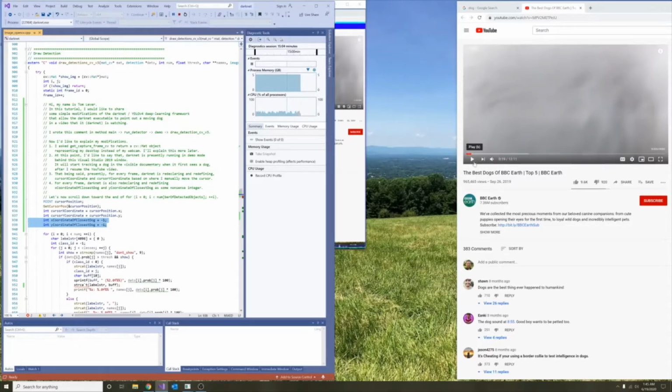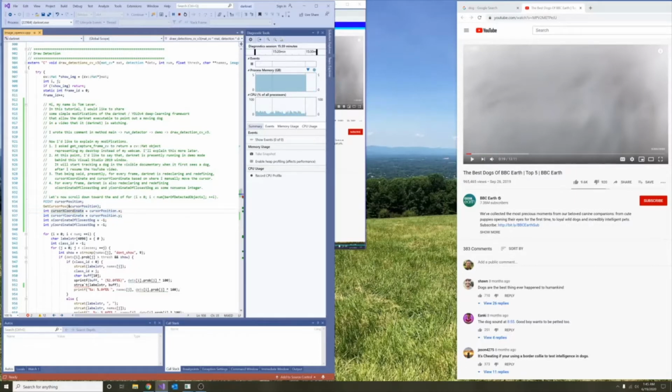So if I press play and it finds a dog, then darknet will change the position of this pointer, this cursor, to the upper left-hand corner of the dog, and then the next frame will reset